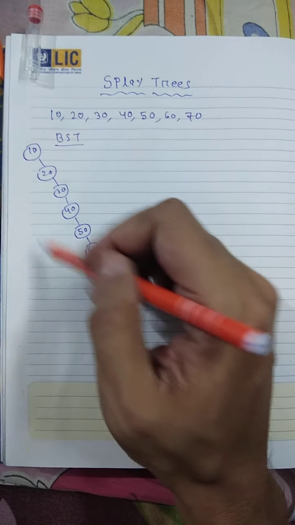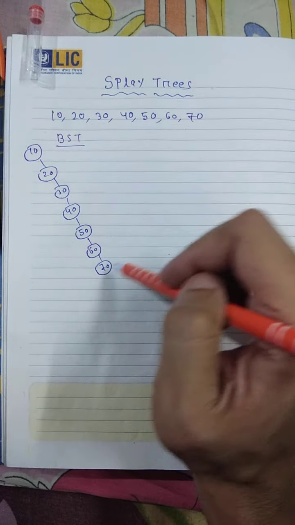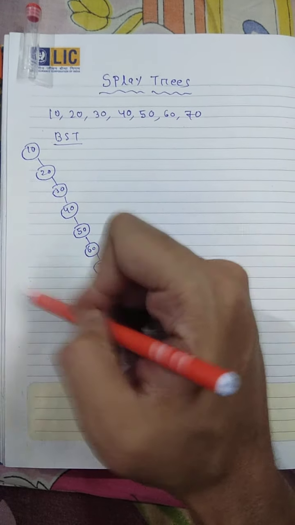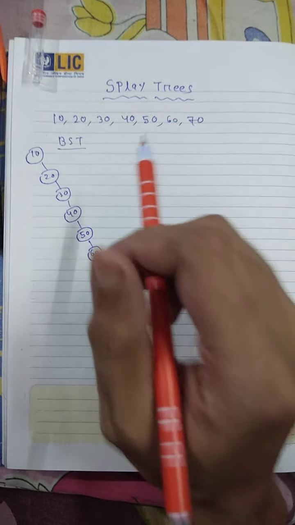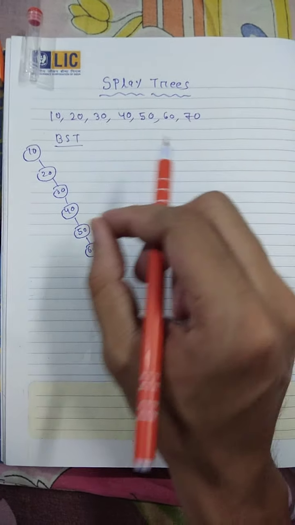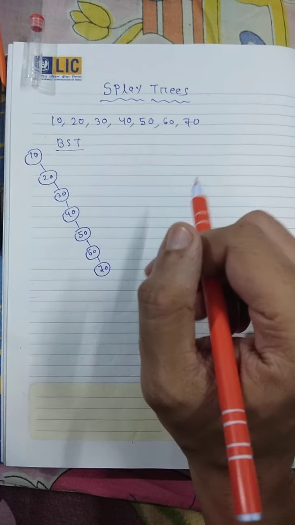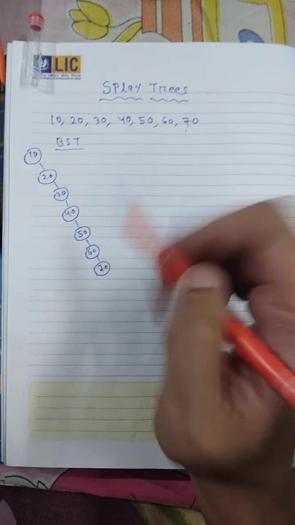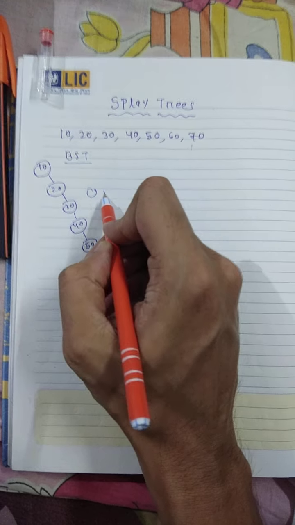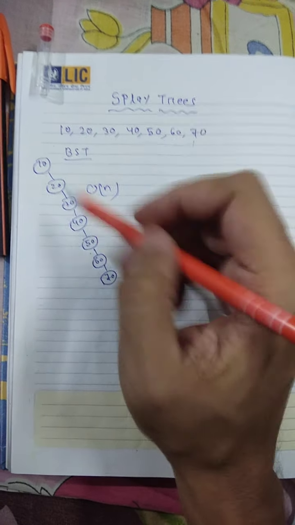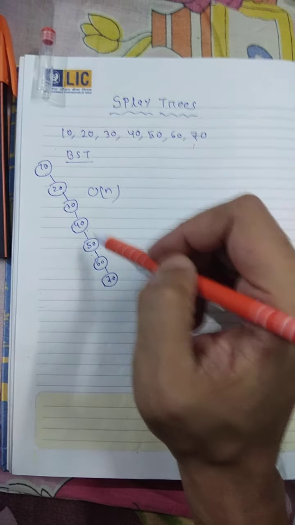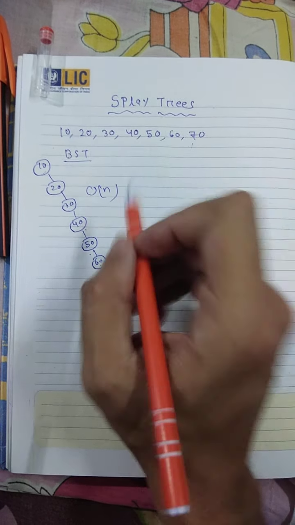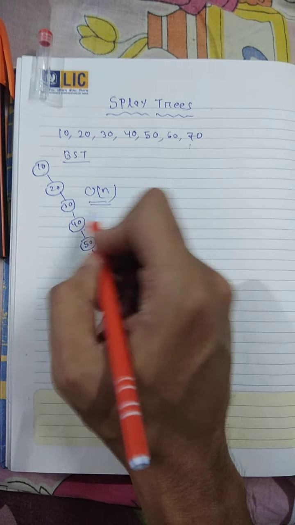search tree, you get this type of tree, a right skew tree. If the data is in decreasing order, then you get a left skew tree. So in this tree, if you search for an element, what is the worst case time complexity? Suppose the element I am searching for is 70. That means the worst case time complexity is order of n. So for 70 we need 1, 2, 3, 4, 5, 6, 7 attempts, since 7 elements are there. Similarly, for n elements we need order of n.